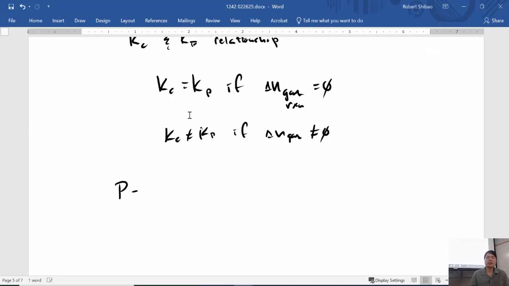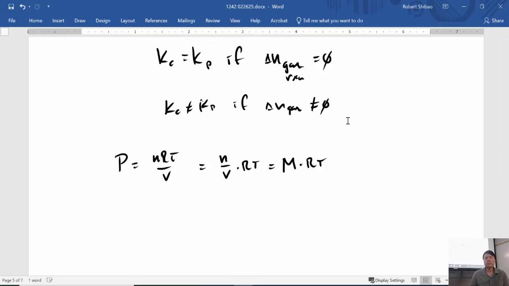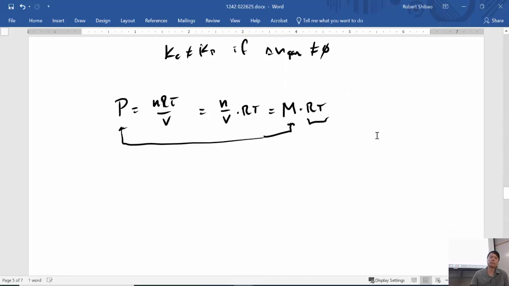If we go back to ideal gas law, P equals nRT over V, we see that we'll get N over V times RT. N over V is moles per liter, and so that's the molarity times RT. This is back from Chem 1A, Chem 4. So pressure and molarity are related here by the factor RT. And so if we look at the easiest equation to derive is this. If they're not equal, how are they equal? So Kp is equal to Kc,